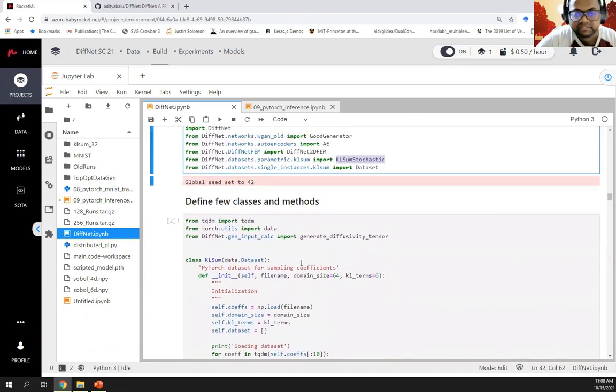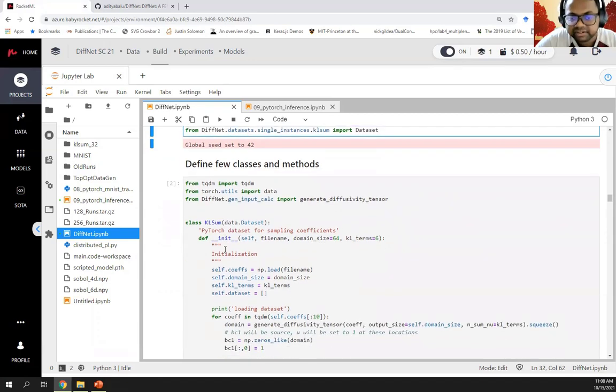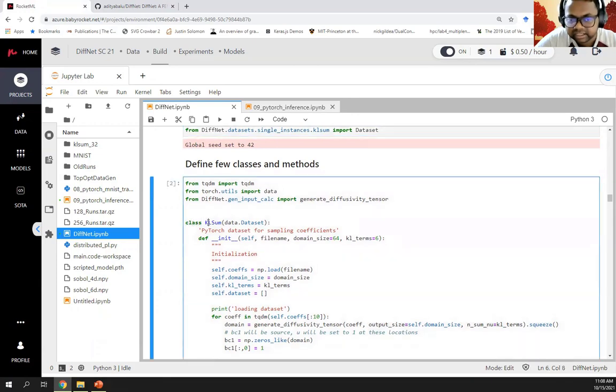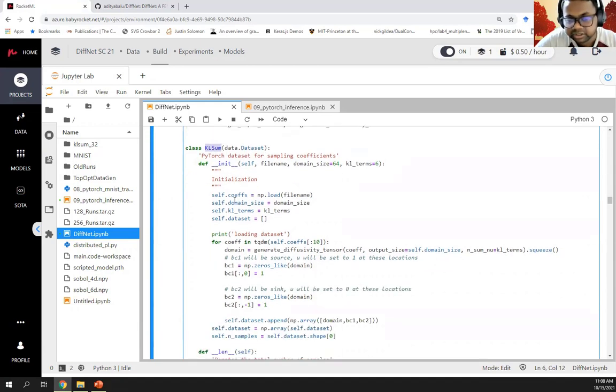Now before we go further and explain how we will perform these operations, we need to understand some of the classes and methods which we would need to define. In PyTorch, usually when you want to define a new data set, you need to create a class inheriting from torch.utils.data.Dataset.